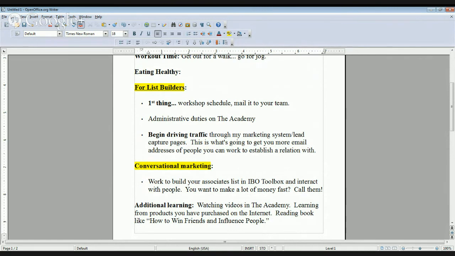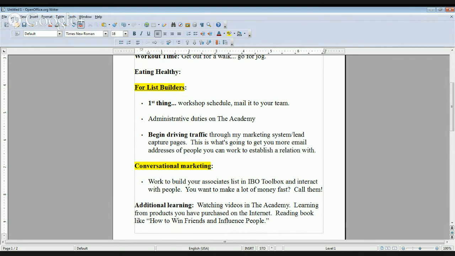So if we go over to the Academy here, I'm not going to open this right now for privacy reasons, but for those of you that are pro members, if you come down here to your referrals and open this, you will see a list of your referrals there and an email address for every one of them. Copy those in there, comma separate them like we talked about yesterday in Notepad, and make sure you're communicating with them every day. Send them the workshop schedule. Yes, we're sending them the workshop schedule too,